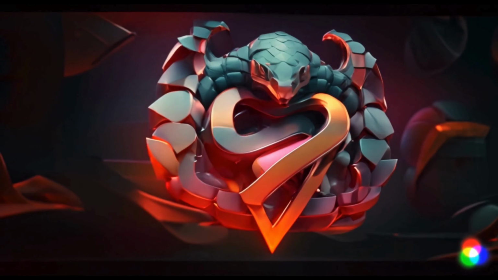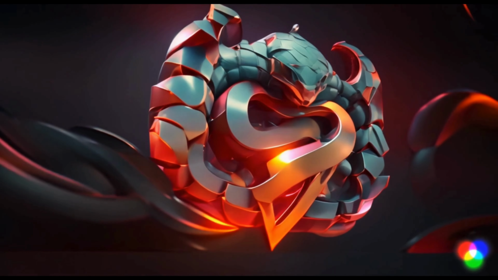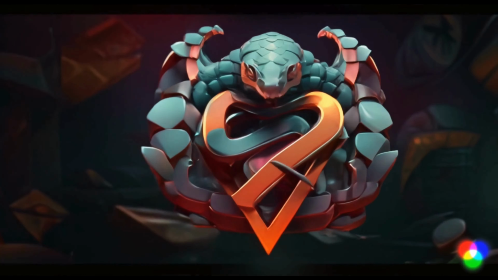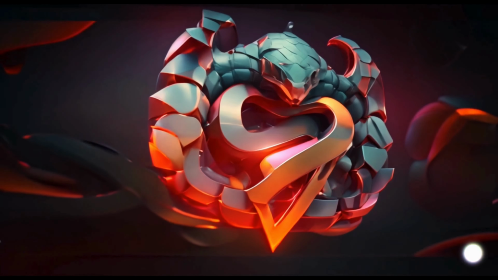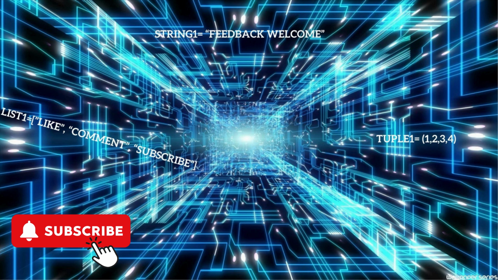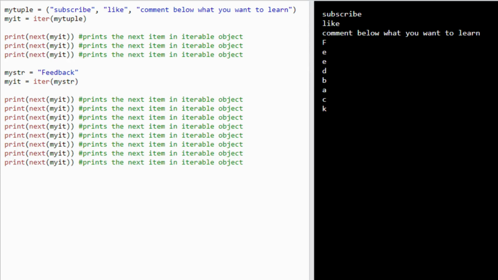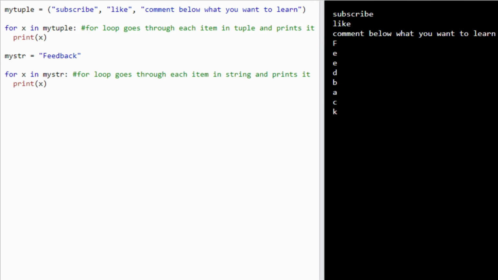Welcome to our animated exploration of Python iterators. In this captivating journey, we'll uncover the magic behind iterators in Python and how they empower you to traverse through data seamlessly. An iterator is not just an object containing values, but a gateway to accessing and manipulating data structures effortlessly. From lists to strings, Python's versatility shines as we harness the power of iterators to navigate through these data structures with ease. Behold the mighty for loop, summoning iterators to traverse through the elements of iterable objects, revealing their